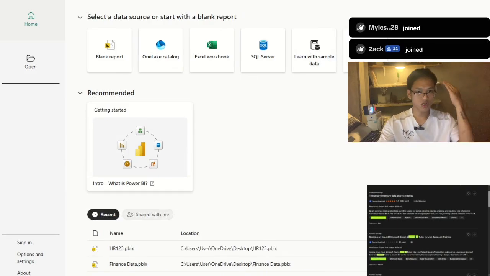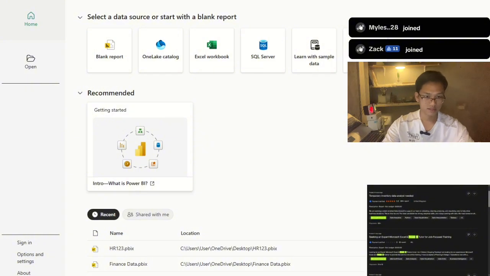So the first option is blank report. As you can see, this creates a new Power BI report from scratch. We will use this option whenever we want to build a new dashboard. And since we're starting our Power BI journey, let's click the blank report. So next is the